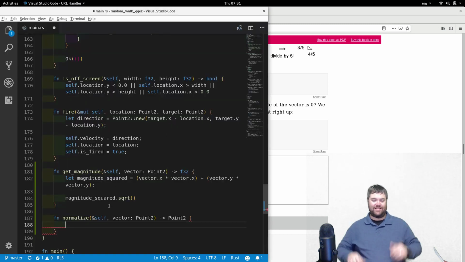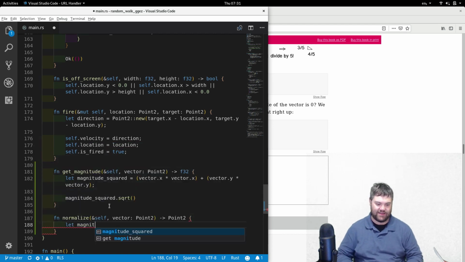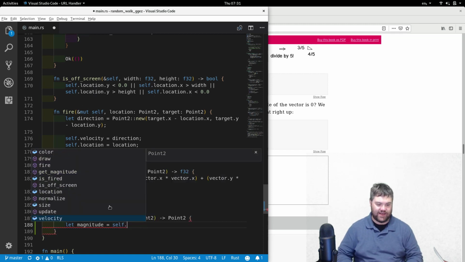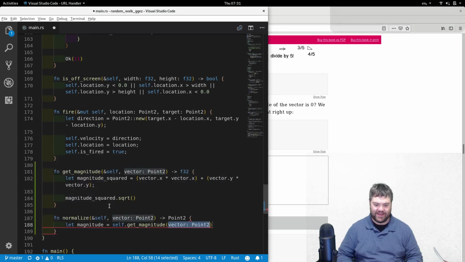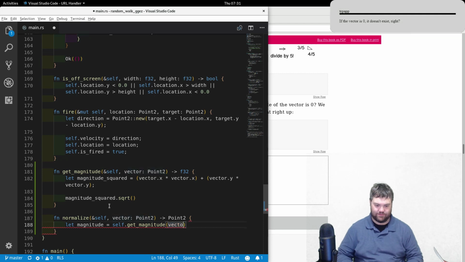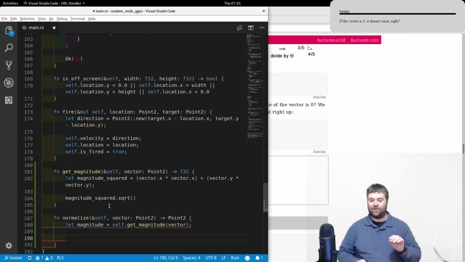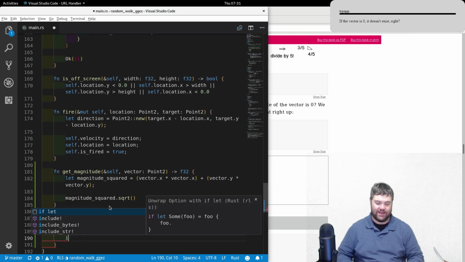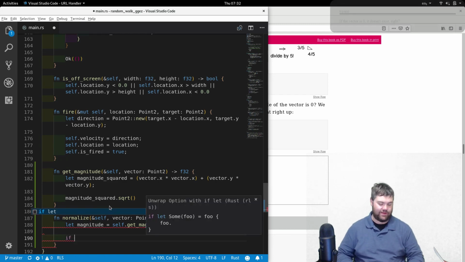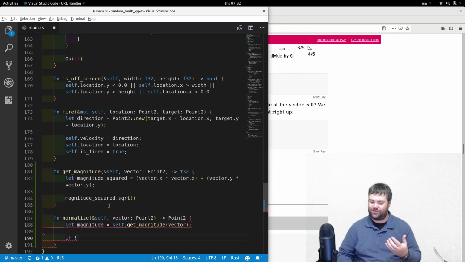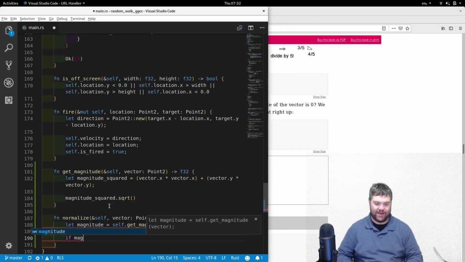Okay, so we first get the magnitude. Let magnitude equal self dot get magnitude and pass it the vector. Then we need to make sure, so if the magnitude is greater than 0,